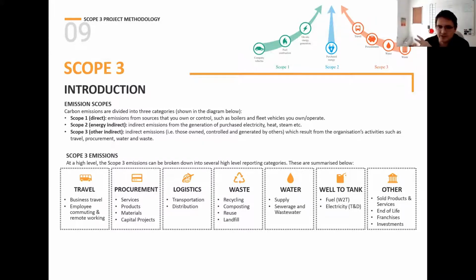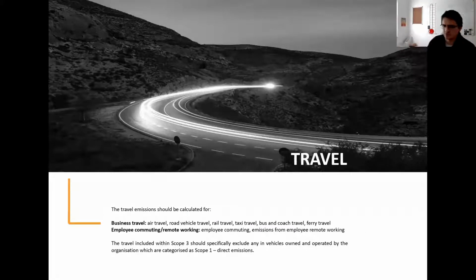I'm going to jump into each of those and talk about the kind of data that's there. The contents here are quite self-explanatory on the slide, so I'm not going to run through everything on each slide, but I'm going to talk through the general feel of each one. So if we jump into travel, what we're talking about in terms of travel is